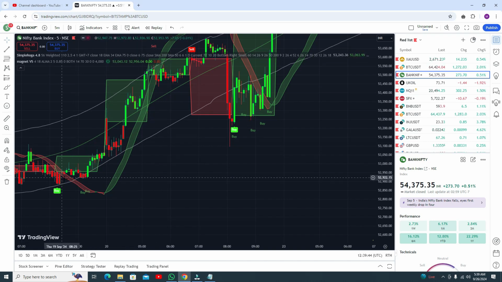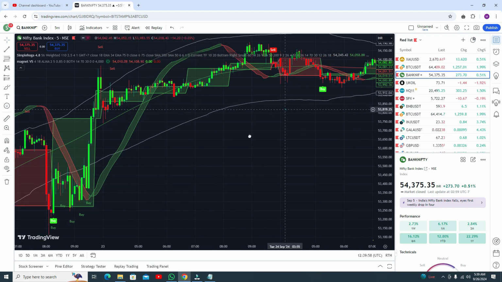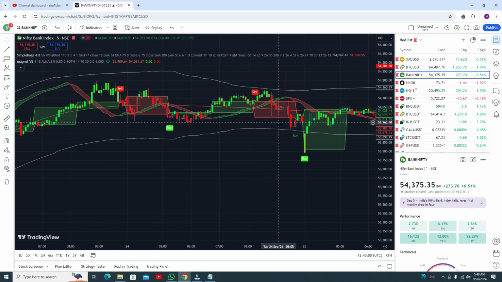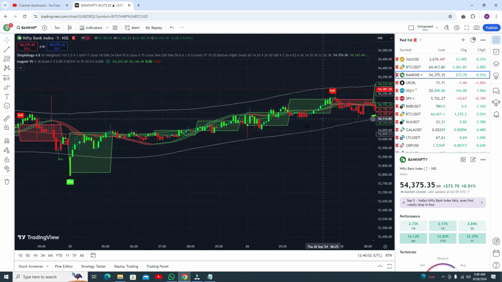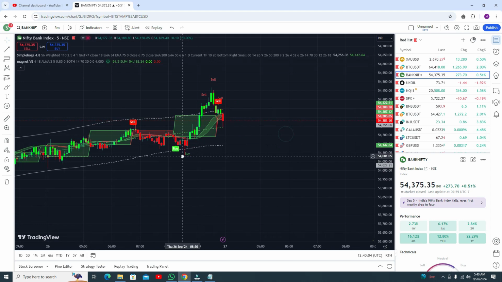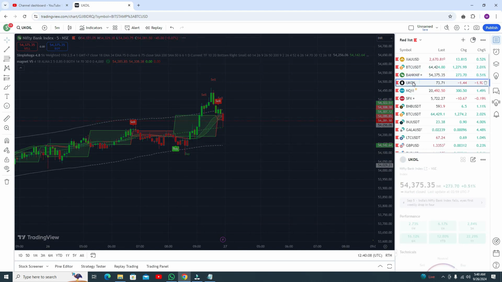Okay, this is the RSI overbought condition. You got both buy signals and the shadow is green, so you need to go for the buy trade and you need to book your profit at this point. Now you can see the results in Bank Nifty as well, because it worked perfectly on all pairs. You can watch, the accuracy is awesome. So let's see the results in UK oil and Nasdaq.